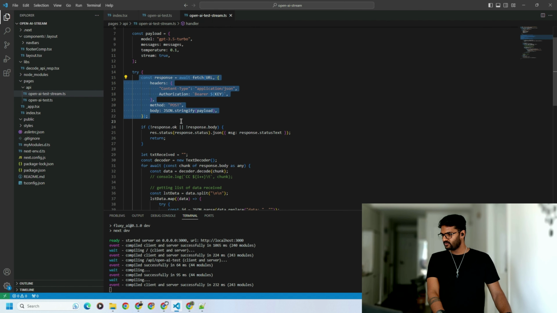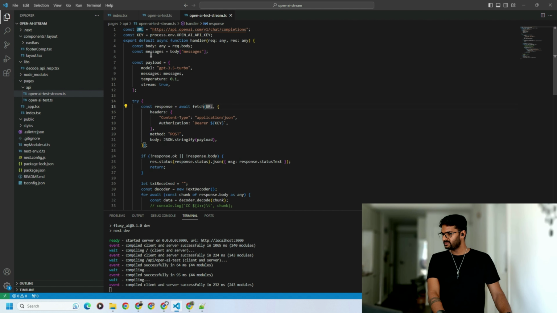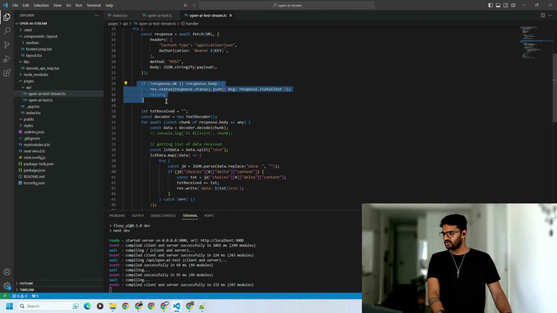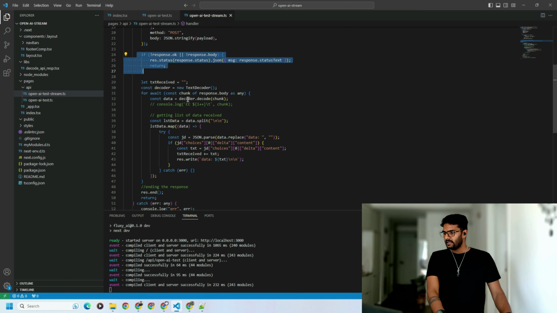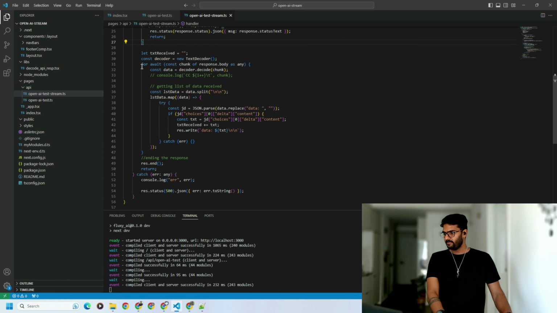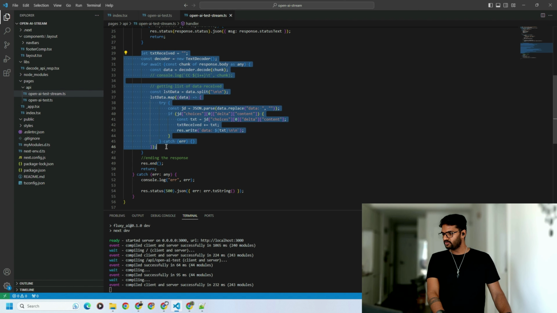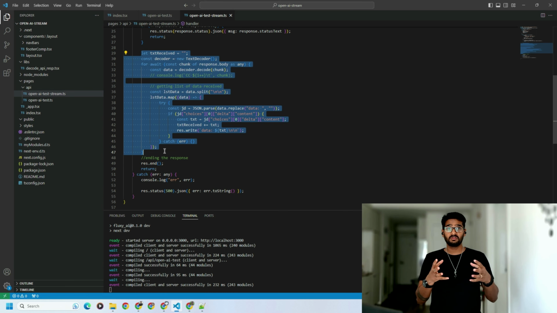This part remains the same. So I'm saying send a request to OpenAI and the URL is basically the same. Then I said, if there's no response, if there is no body, then just return because something went wrong. You can do error handling here. And once I receive the data, technically you don't need to do this. I do this to show you an example that once you receive some data from OpenAI, before sending it to your front end, where everybody can see what you receive or whatever you're doing, you can do some parsing of